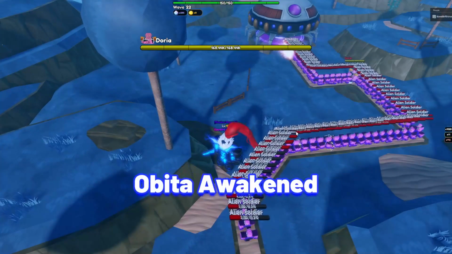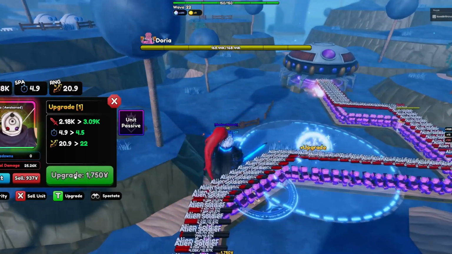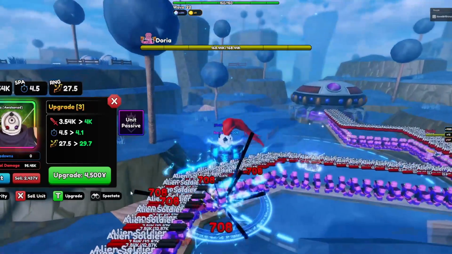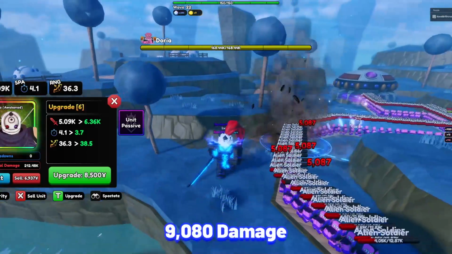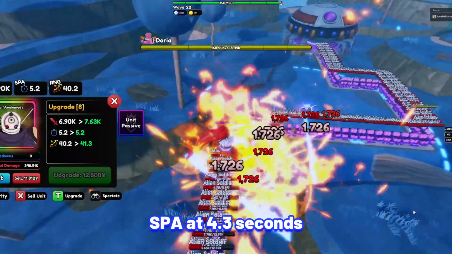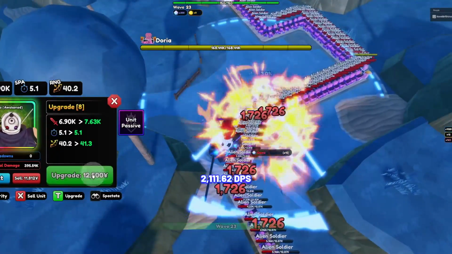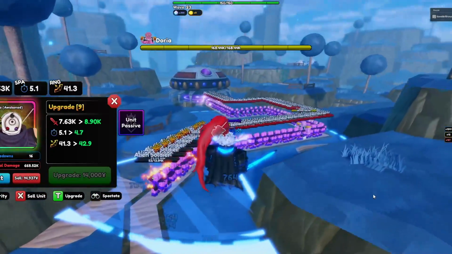Alright, next unit is Obito Awakened. Obito is one of the best mythical units, especially as he will be able to deal burn damage at later upgrades. Obito Awakened stats at max upgrade and max of Alucard: 9,080 damage with his SPA at 4.3 seconds, making his damage per second 2,111.62, which is one of the best damage per second, and he will be able to deal burn damage, which